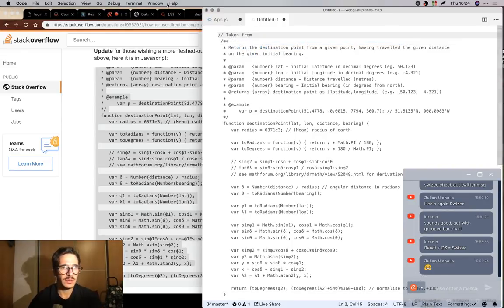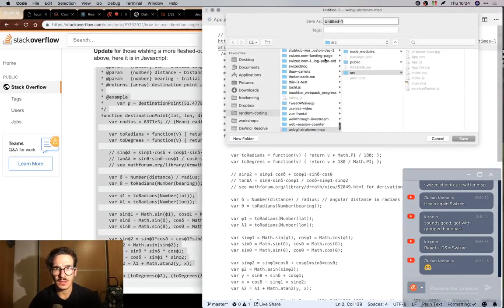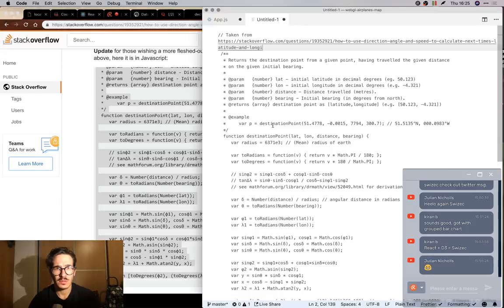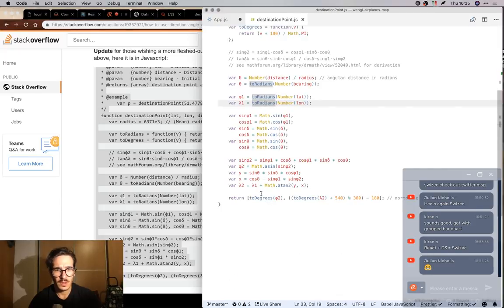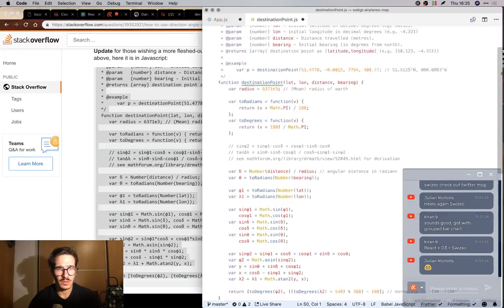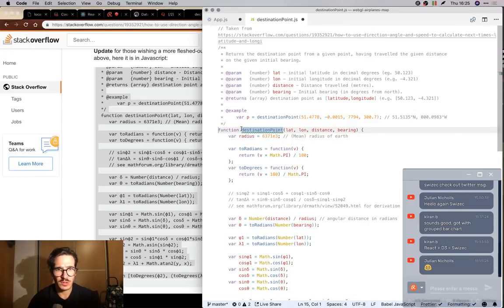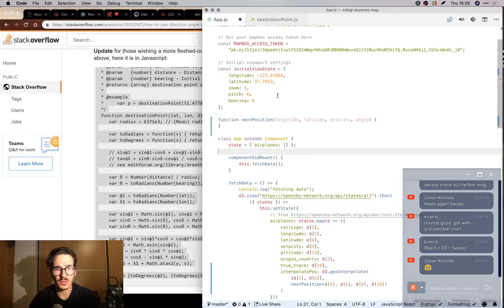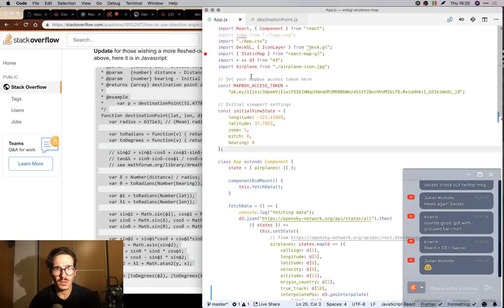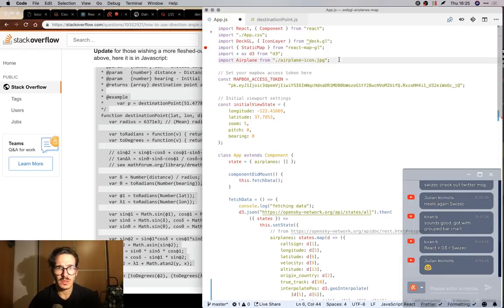Taken from blah, like that, and we save this as destination point.js, and we export default function destination point. We don't need that, and we say